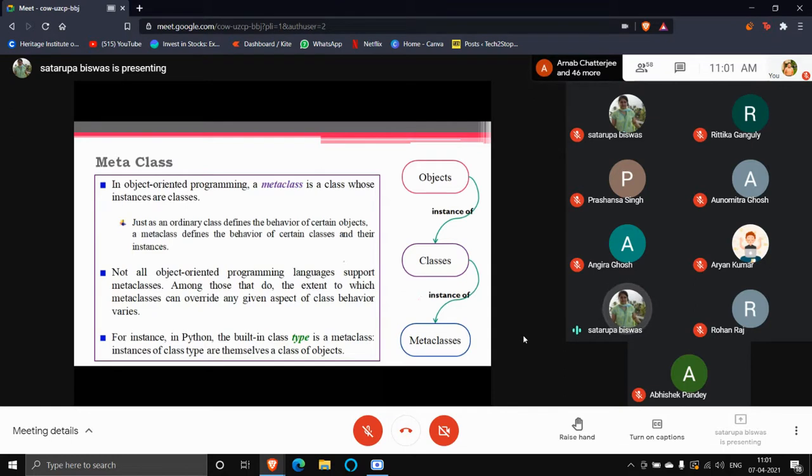So we have a meta class here. In Python, the name of the meta class is type, which you are instantiating and making some classes out of it. Class 1 and class 2 are the instances of type. From class 1, you have OB1 and OB2. These objects you are instantiating from class 1. You are instantiating OB3 and OB4 from class 2. Okay, so this is how the concept of meta class is present.